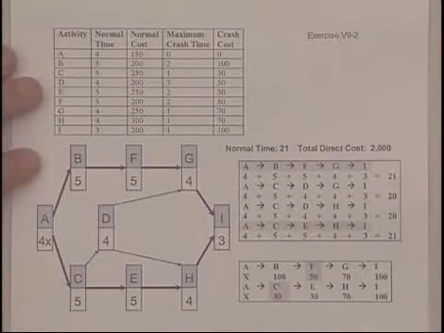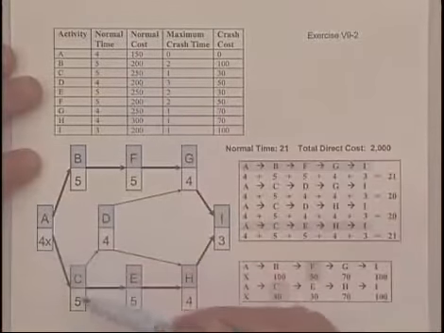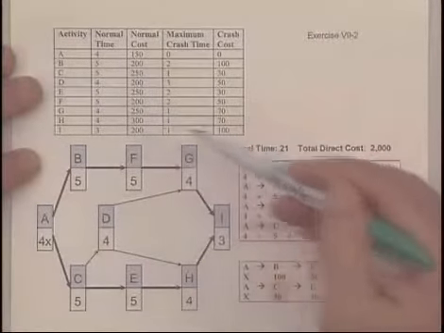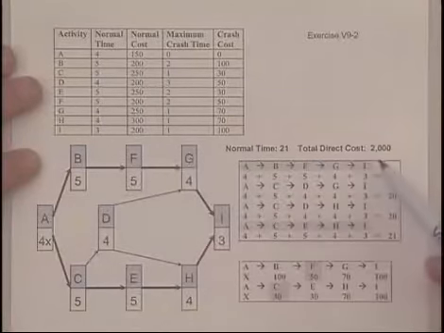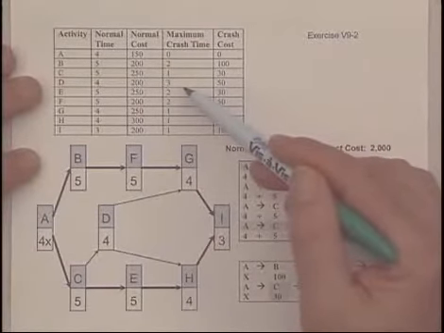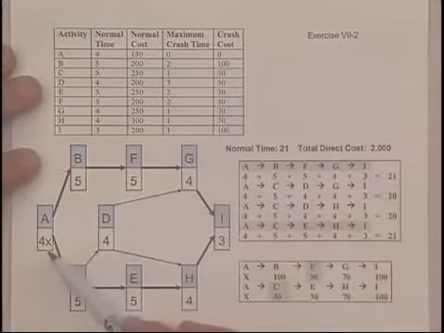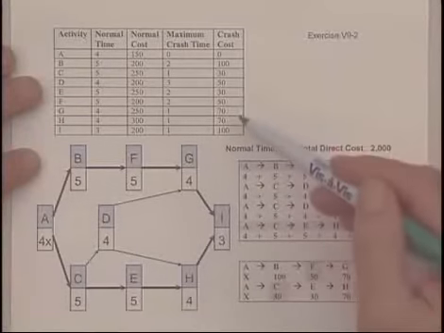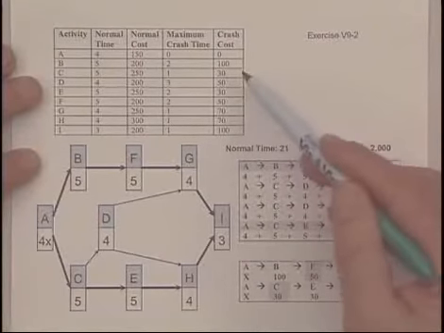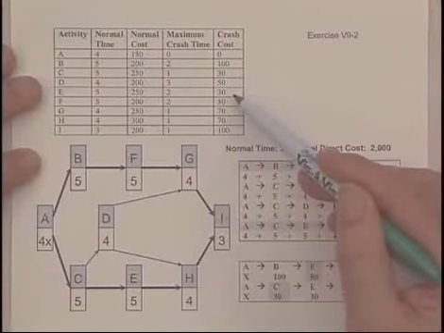Now let's do a more complicated crashing problem. Here we have a fairly complex network of activities. Up here we have our table, normal times indicated in the cells, normal costs, total up to 2,000. We have our crash times available. They vary from 3 days off of activity D to you can't crash activity A, therefore it gets an X. We've got the costs of crashing per unit, 100 and 100 for B and I, 30 for, let's say, activity